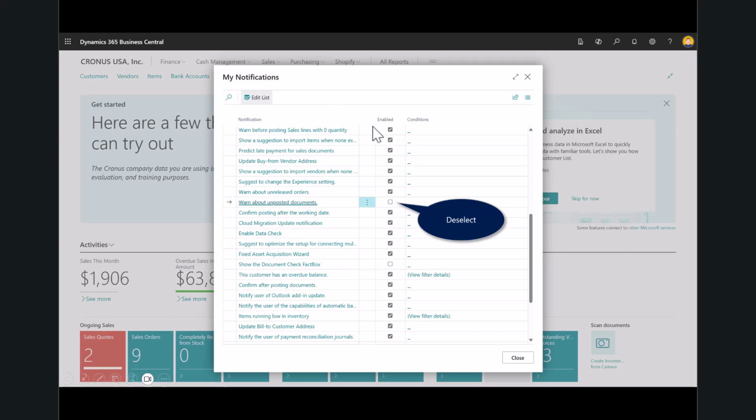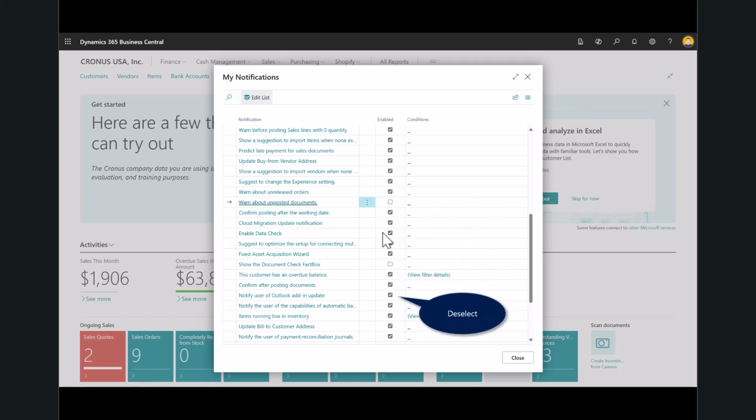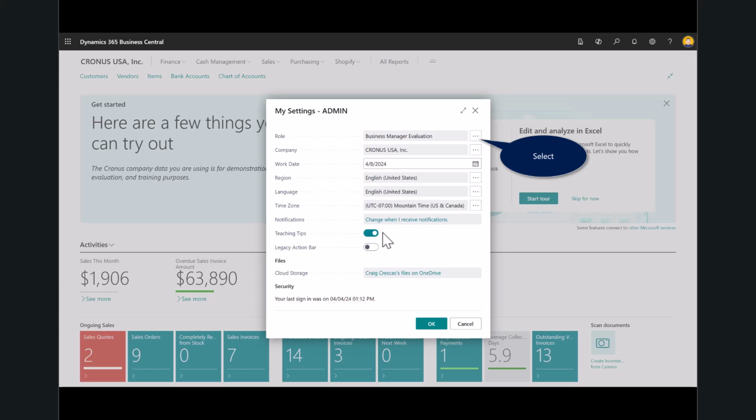This is the full list of features or areas that have been enabled. I go in and deselect some of these. I find them not to be as relevant. Once I'm done, I'll close. And now the notifications are off again. And again, we're trying to make this demonstration look easier for someone who may not have seen Business